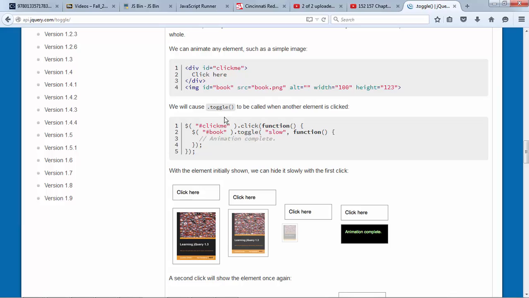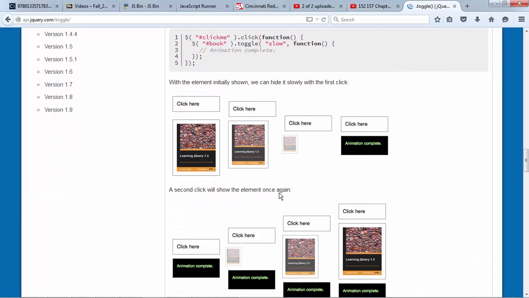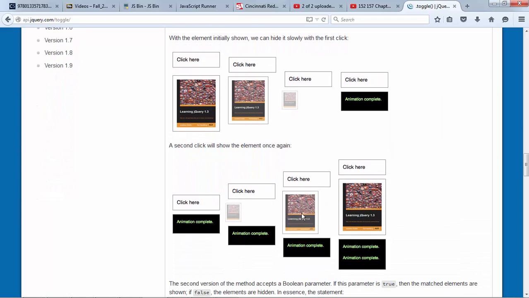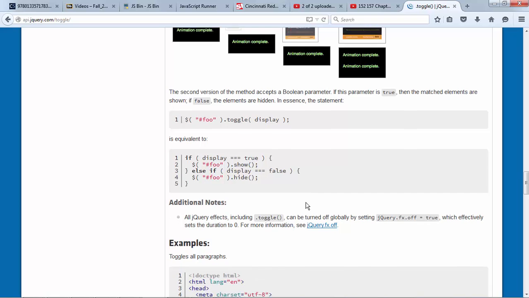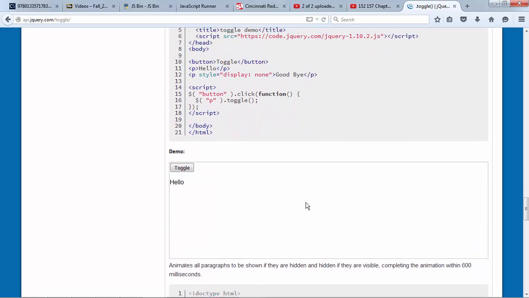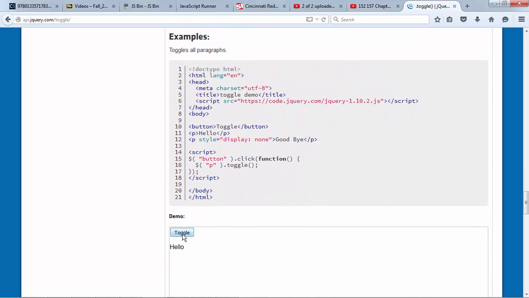All right, so what they're saying is, notice when I click. Well, I guess not much is happening here, is it? But really what happens when you toggle, I guess it wasn't the best example, is it turns things on and off. So here you go, you got hello, goodbye, hello, goodbye. All right, and I can grab the same code in here